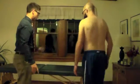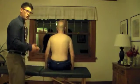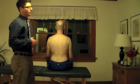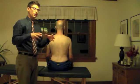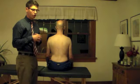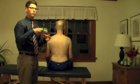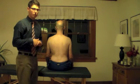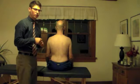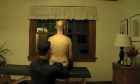So if you don't mind sitting and facing the window again there. So this is essentially the same test, but seated. The idea here is that if this test is positive, it's more suggestive of a sacroiliac versus an iliosacral issue. So a problem with how the sacrum's moving, and that can be an issue with how the sacrum's moving relative to the sacroiliac joint, or occasionally it can be an issue with how the sacrum is moving relative to the lumbosacral joint. So again, making sure our eyes are at the level of the PSIS,